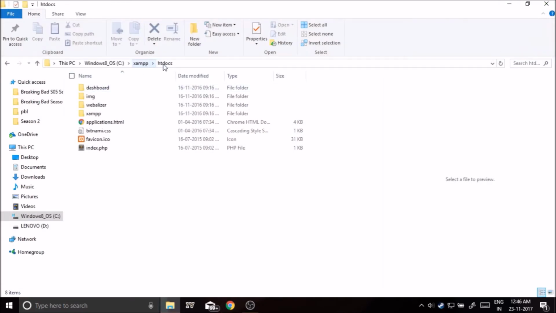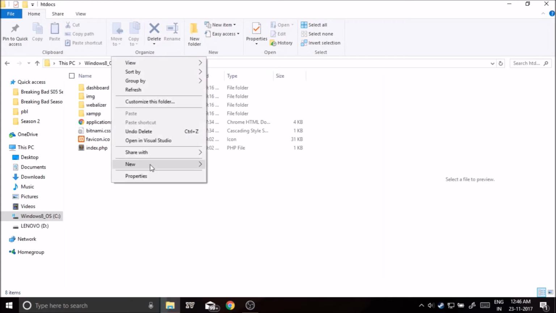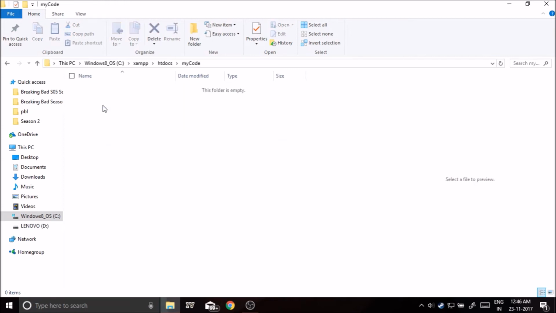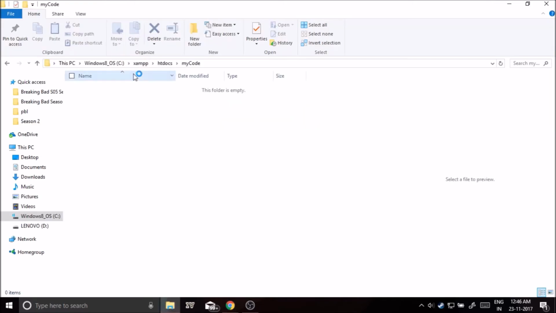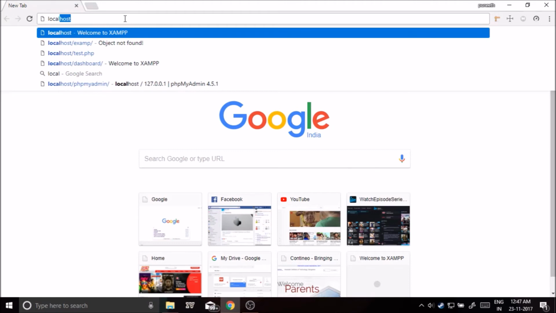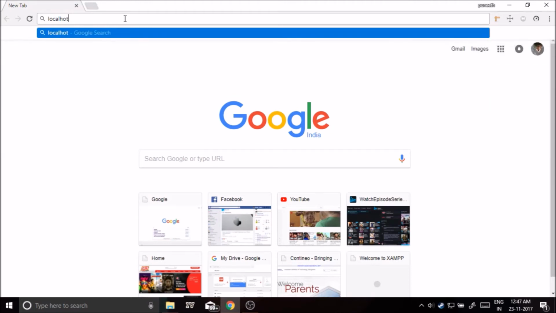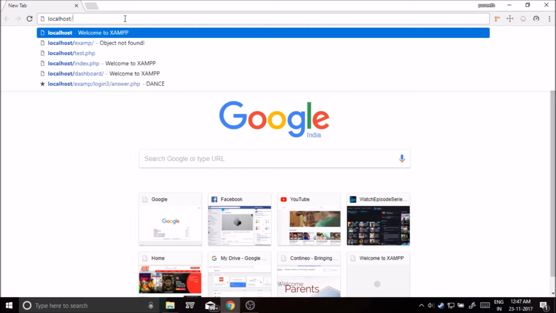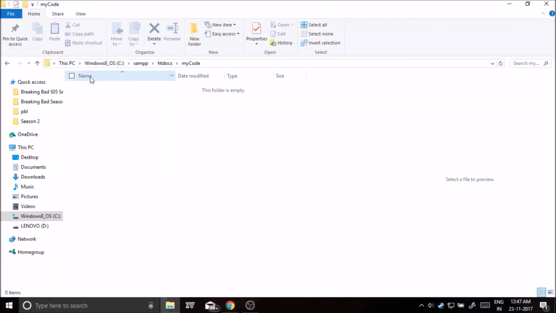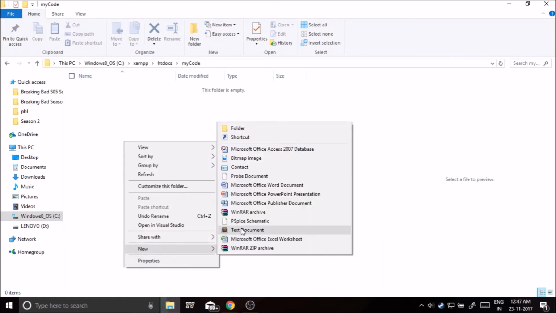So you go to XAMPP htdocs and just make a new folder. Let me just call it my code. So over here, my code. Now we can access this directory through localhost, localhost/mycode. So it would take you to this my code directory,